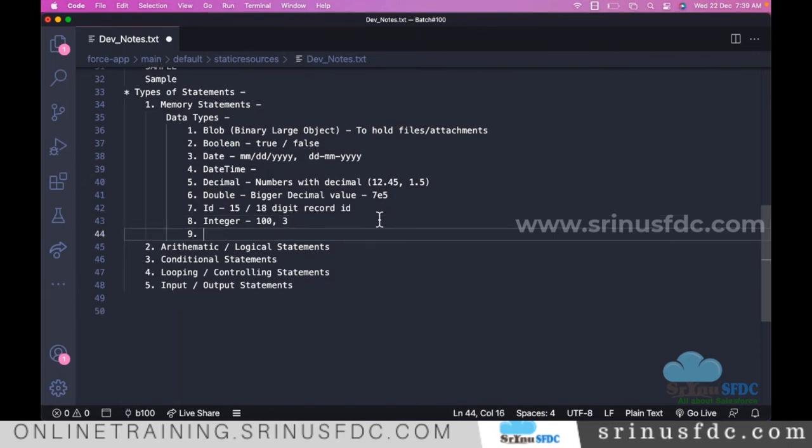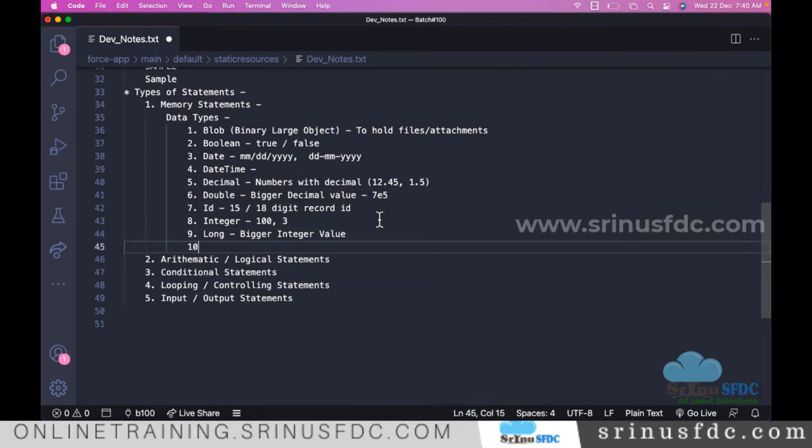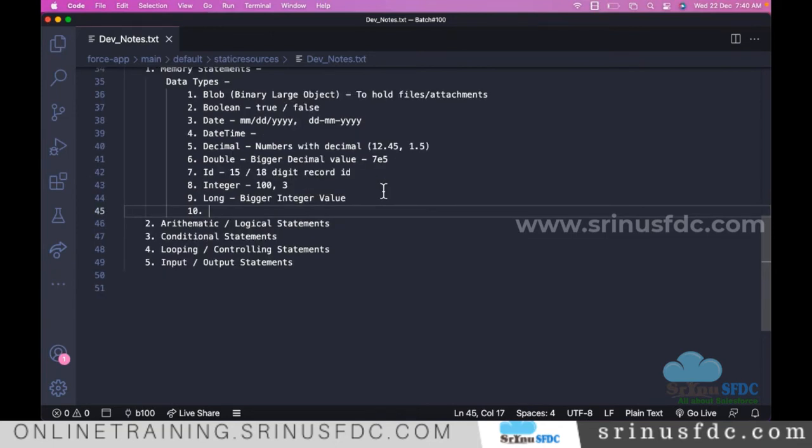The next one is long. It is the bigger integer value, right? There is a very big value for this number. That time we use this long. Rarely, so I never use this. So mostly we don't use it. Okay. So the other type,